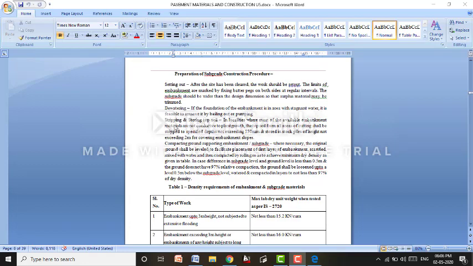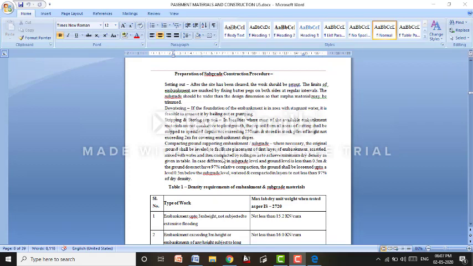There are different procedures involved: stripping and storing of topsoil. It means as the topsoil is very good for vegetation, it needs to be removed and stored in some places, so that the soil can be used in later areas where there is a need for vegetation. Then once that